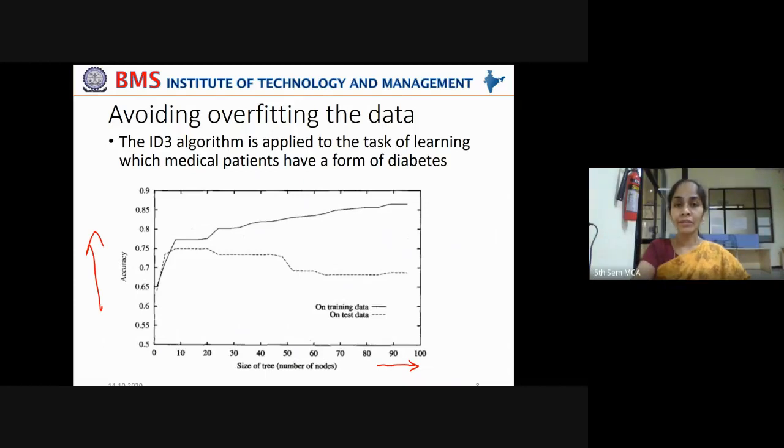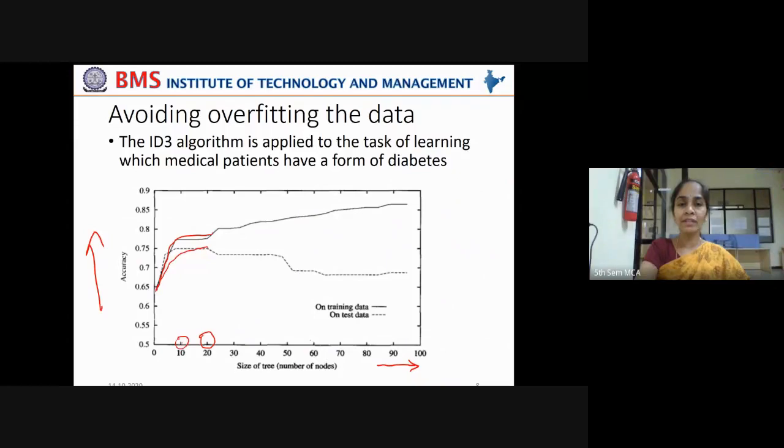Now, as the ID3 algorithm builds the decision tree with 10 nodes, 20 nodes, as the number of nodes in the decision tree increases, both the training and the test set performance increase.